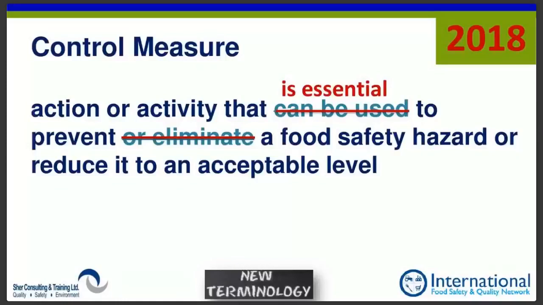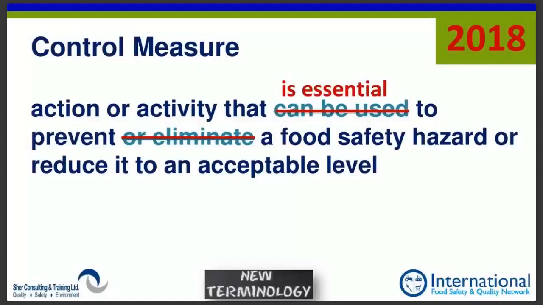So we have three things that are new here. One is that the control measure is now essential. So all other measures that have not been identified as being essential are not control measures anymore. They don't have a name. So you can call them whatever you want. Call them measures, call them uncontrolled measures. I don't know what you want to call them, but they're not control measures anymore. So if I have a magnet, a sieve, a metal detector, and only one of them is going to be chosen as a CCP, the rest are not going to be called control measures anymore. They'll just be regular measures, I guess. That's one major change in this term.